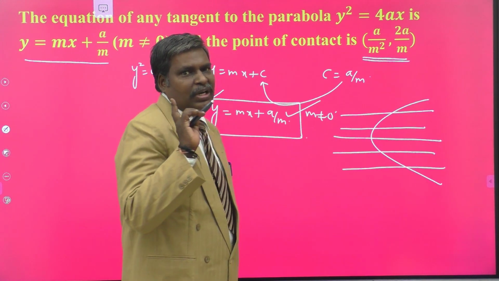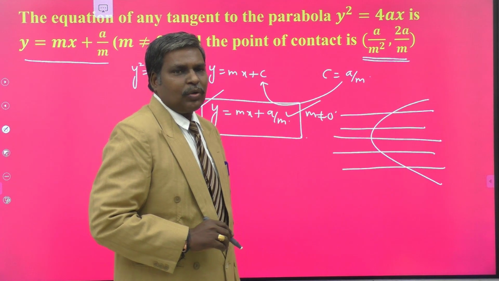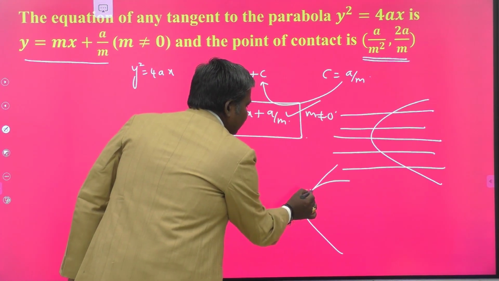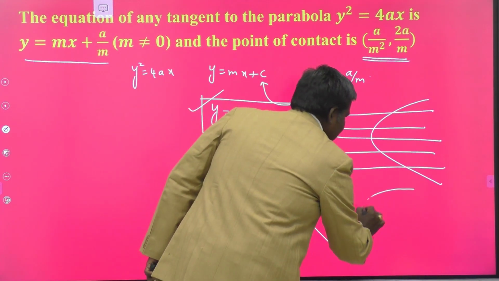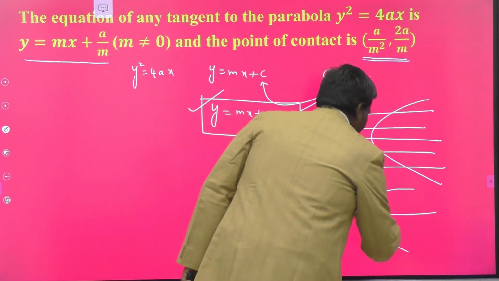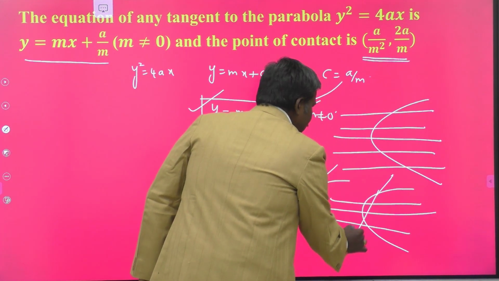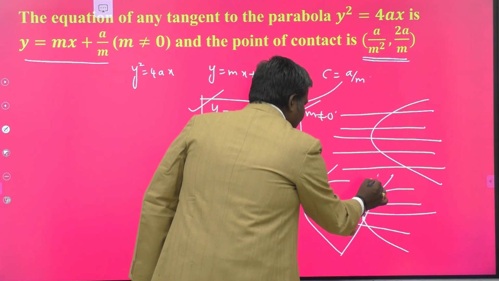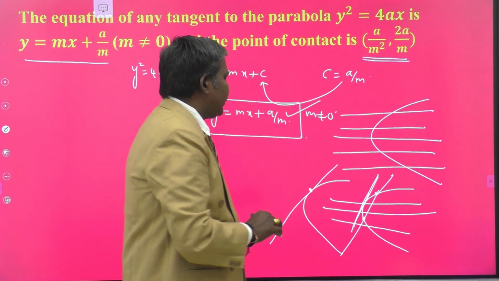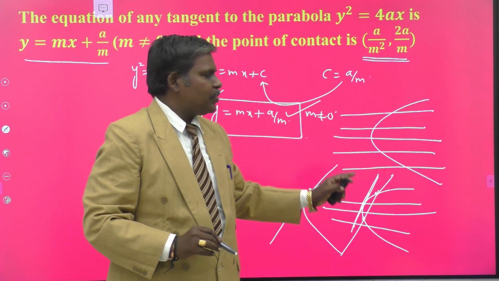Touching the parabola at only one point is a different story from intersecting the curve at only one point. Touches means the line touches the curve at only one point. When the line intersects the parabola at only one point, compulsorily your line must be parallel to the axis of the parabola. If it is not parallel to the axis, a line you draw must intersect at another point, or otherwise it touches the parabola at only one point. Touching at one point is different from intersecting at one point, because this is an open curve. This situation arises here.